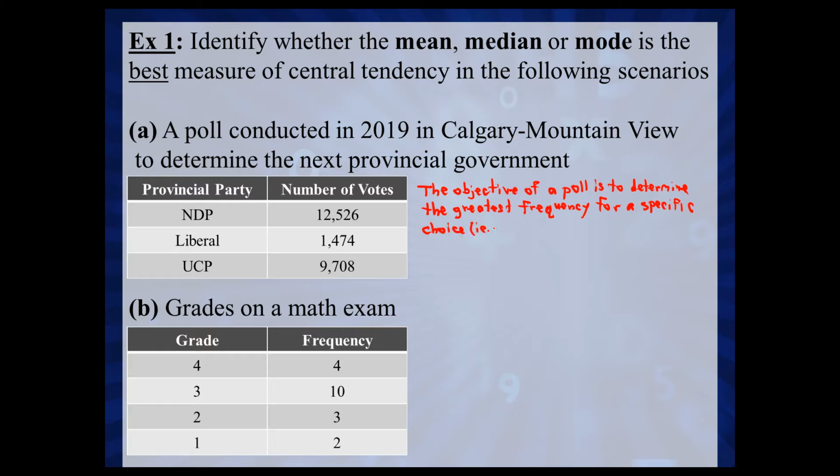So for example, here we're looking at the different parties. Okay, and which measure of central tendency is all about figuring out the greatest frequency? Well, it's the mode. So then I could say, therefore,